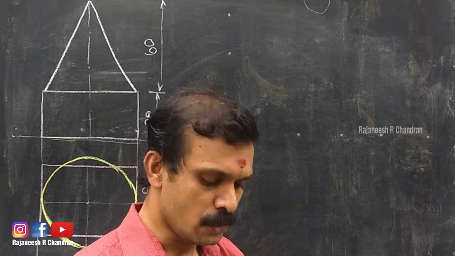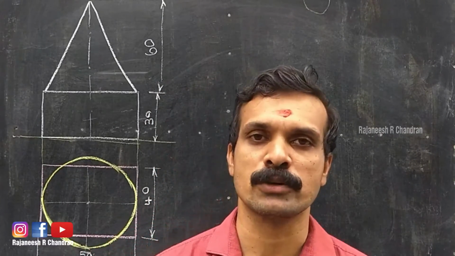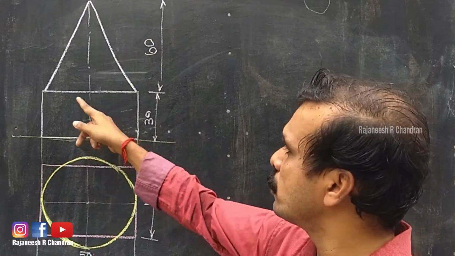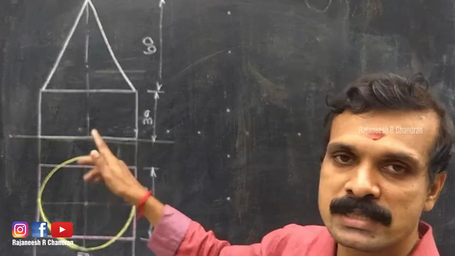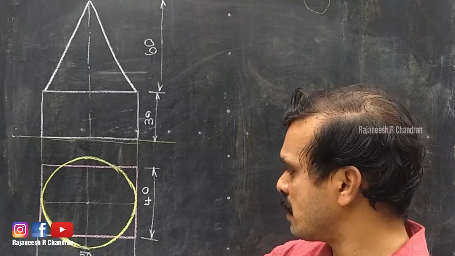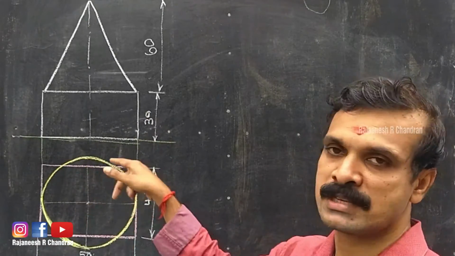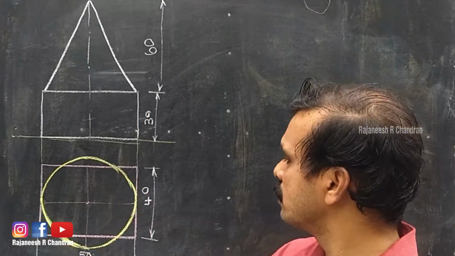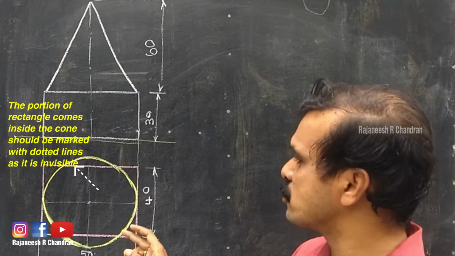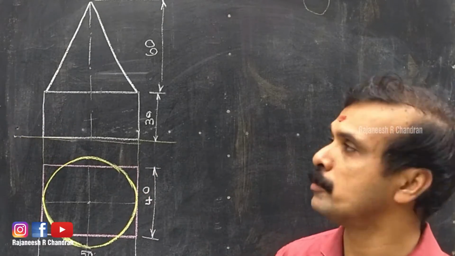So the first step, as we all know, is to construct the orthographic projection of the solid. You can see the orthographic projection here. In the top view you can see the rectangular block and the circle of the cone. For the rectangular block, in the top view you can see the 50 mm side and the 40 mm side, and on the top of that you can see the circle having a diameter of 50. So the first step is to construct the isometric of the rectangular block, and on the top of that we can construct the isometric of the cone.